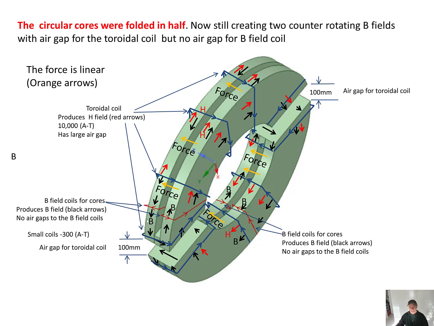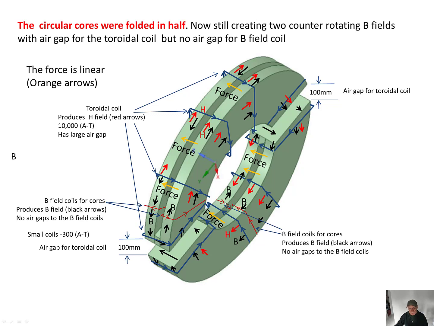That's by folding. If you think of the full circle, we fold it in half. So we still do the same. The circular cores were folded in half, now still creating two counter-rotating B fields with an air gap for the toroidal coil but no air gap for the B field. So if we fold in half and give an air gap of 100 millimeters,